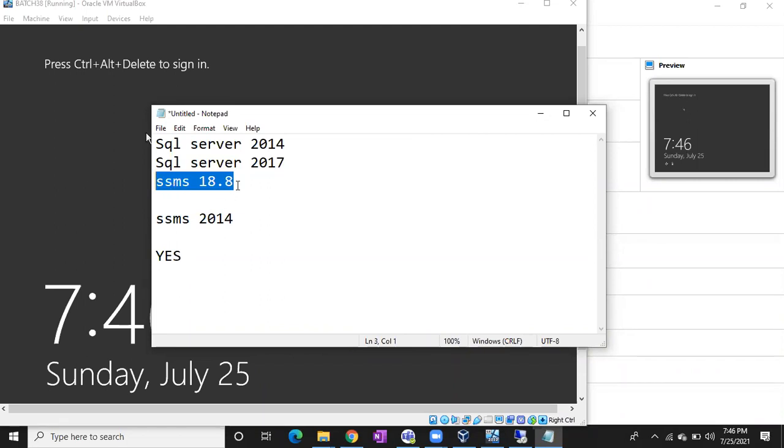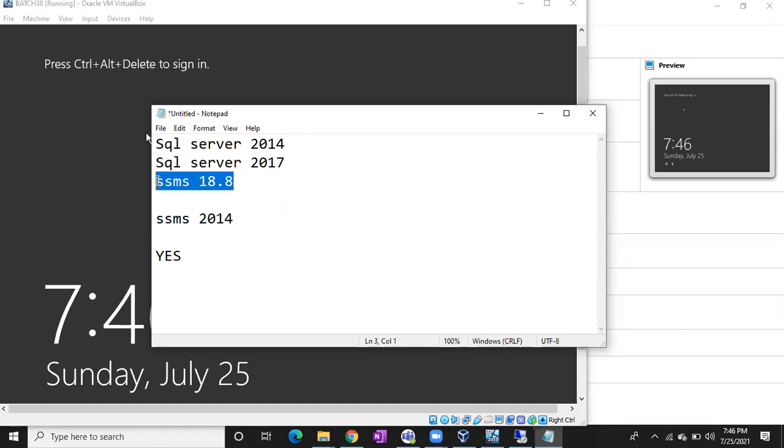Not only 2014; if you have SQL Server 2000, 2005, 2008, 2008 R2, 2012, 2014, 2016, whatever version it is, you can connect using the latest version of SSMS. No issues whether it is a higher version or lower version.